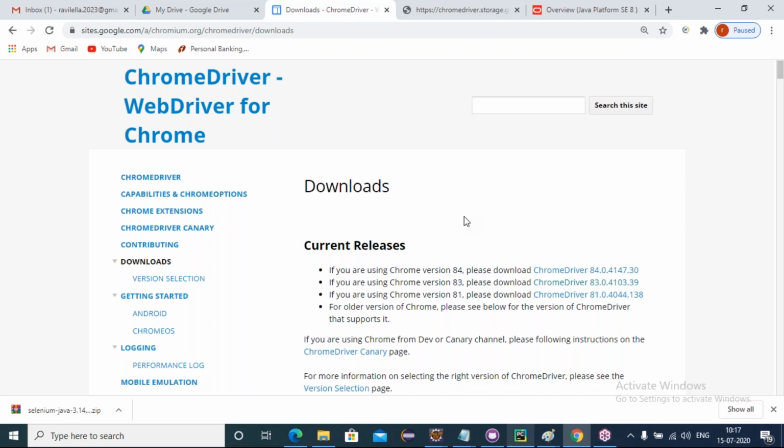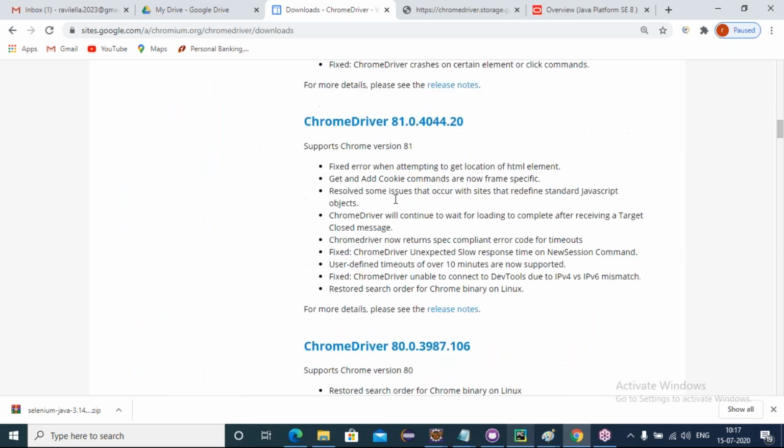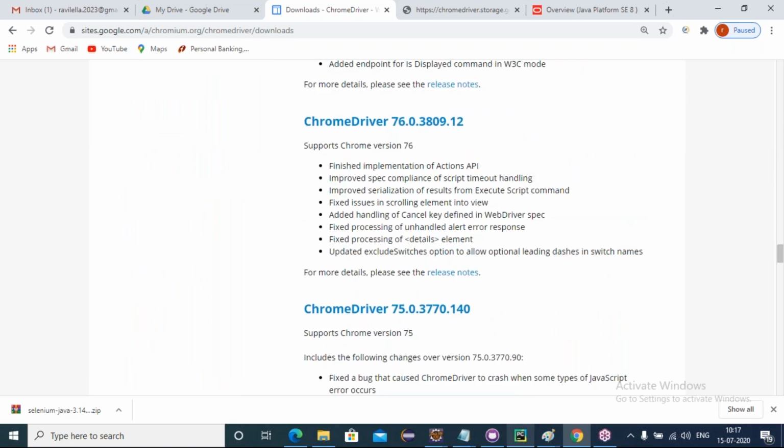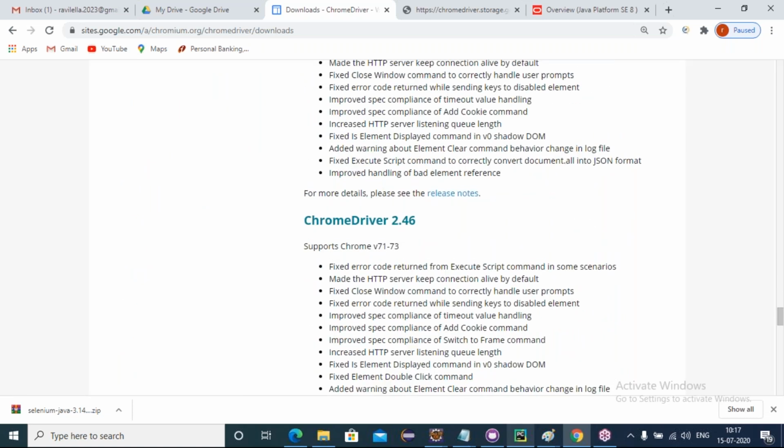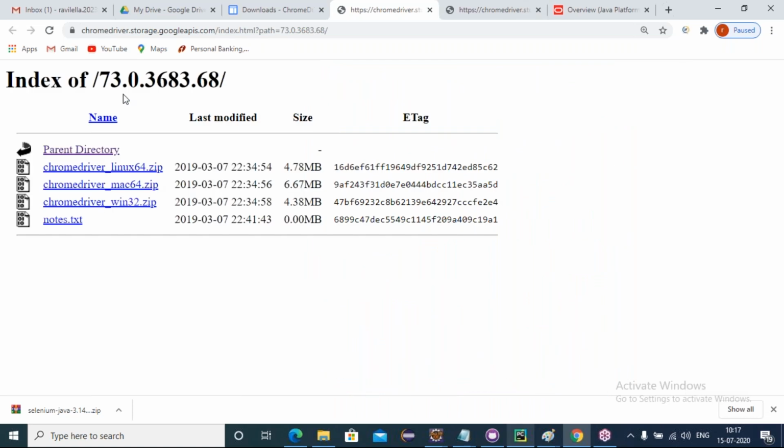Still they are working on 60 versions of Chrome, so I need to conduct testing on the highest version of 60 version also. But you can see 83, 70-something is there. It stopped up to 73, I think. Yes, up to 73, I can go and see that.